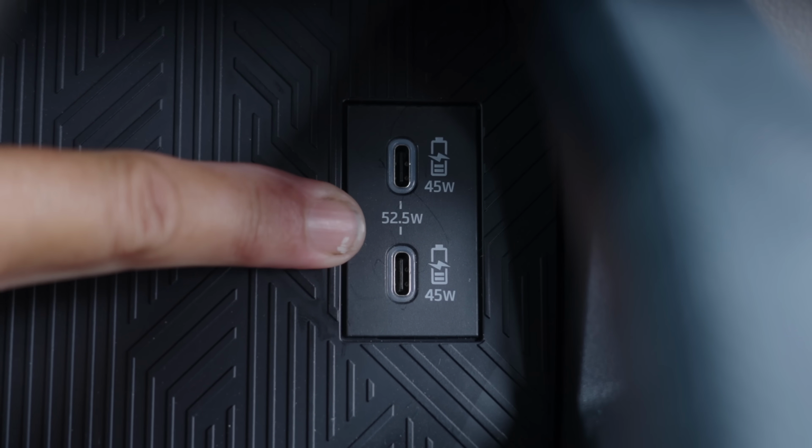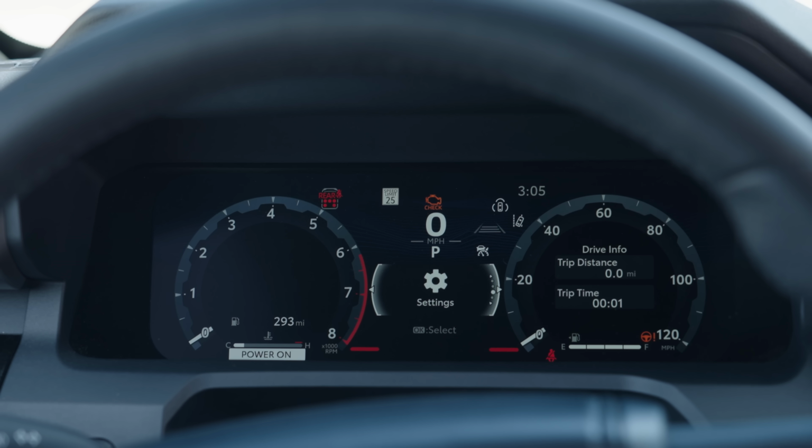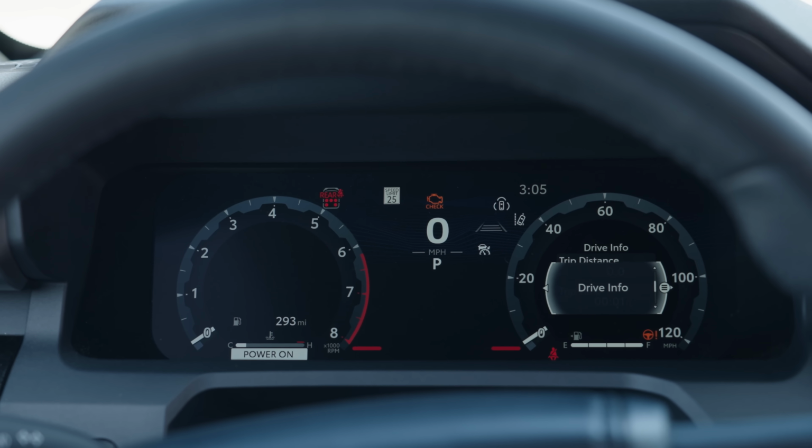And if your phone is running out of juice, all but the lowest trim get 5 USB-C ports between the front and the rear, as well as a wireless charging pad. The gauge cluster here is on a par with the Jeep Grand Cherokee. It's a little difficult to figure out, but once you do, man, you've got a lot of information right there